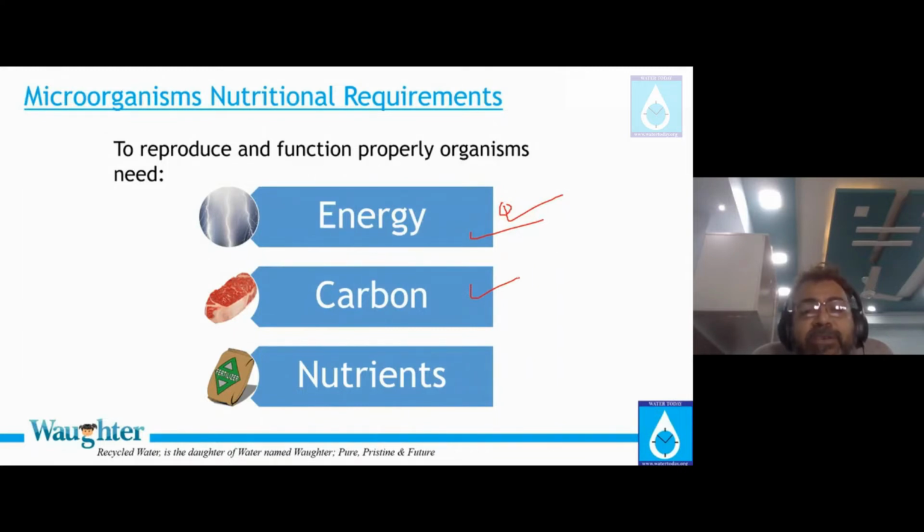And the third thing is nutrients, because bugs need nutrients. Our small kids also need nutrients. We require the right dose of calcium, the right dose of iron, for their growth and things like that. So there are nutrients required for microorganisms also. For what? To reproduce. Because if they keep on reproducing, they will have more and more organisms. And more organisms means pollution gone. You can see this beautiful formula,